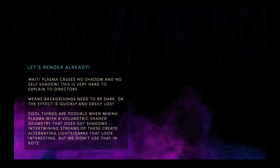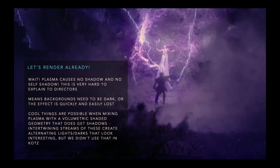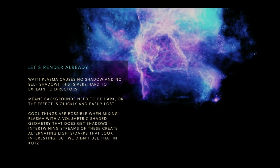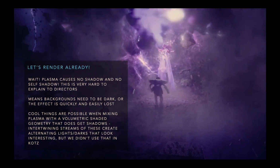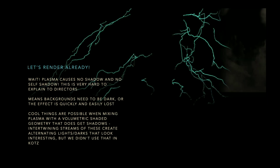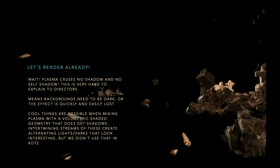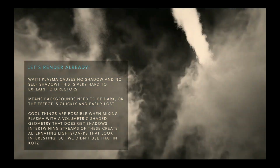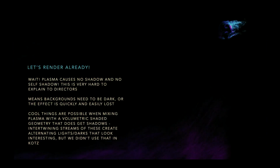And eventually you have to render, but I have written here a bunch of things that are lessons learned from all of these shows, that these effects are energy. So always you have to ask yourself the question, this thing that I'm making, is it matter? Is it energy? What is it? And that's why we talked about the physics in the start, because without that, there's lots of questions that you give bad answers to, and you start doing silly things like emissive volumes that flatten things out, and it's not looking nice. So we have to keep in mind that this effect, which does not have any shadowing,